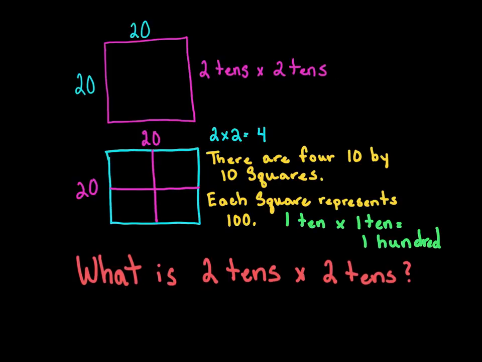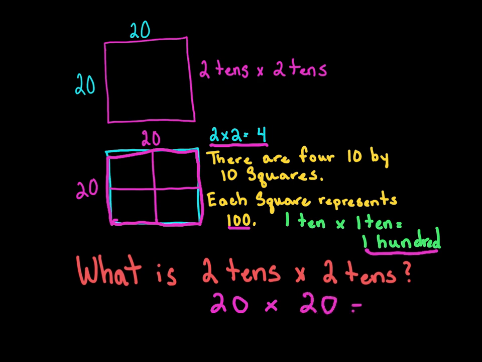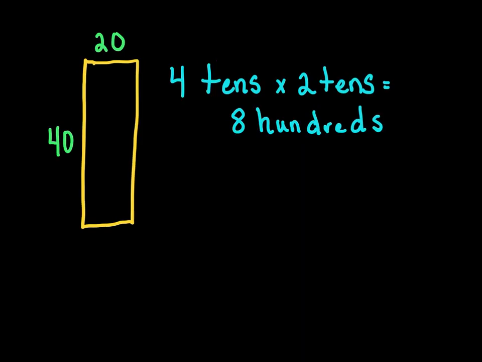So 2 tens times 2 tens. Well, we know that 2 times 2 is 4. So there are 4 10 by 10 squares right over here. We got 20 and then another 20. So each square represents 100. So 1 ten times 1 ten, remember, is 100. So if we have 2 tens, which is 20, times another 2 tens, which is 20, 2 times 2, like up here, says 4. How many zeros? We have 400. And another shape we have, an area model showing 40 is the length, and the width